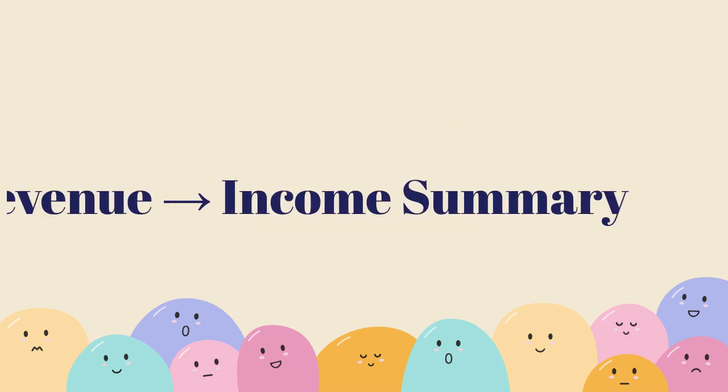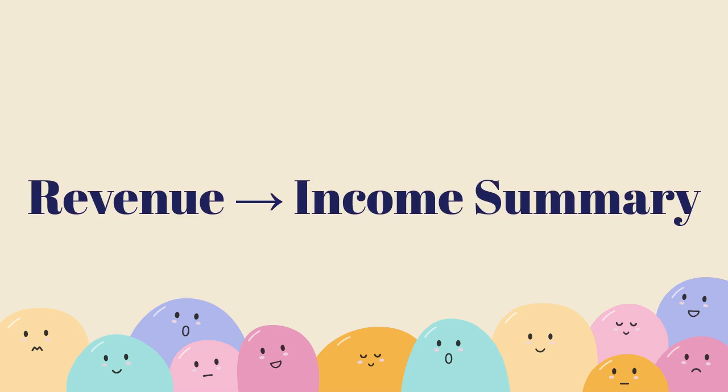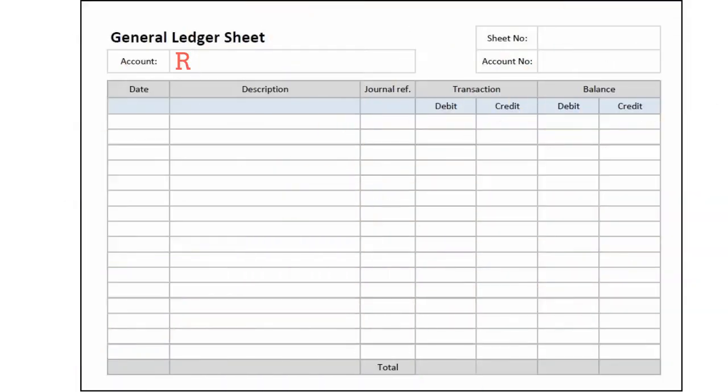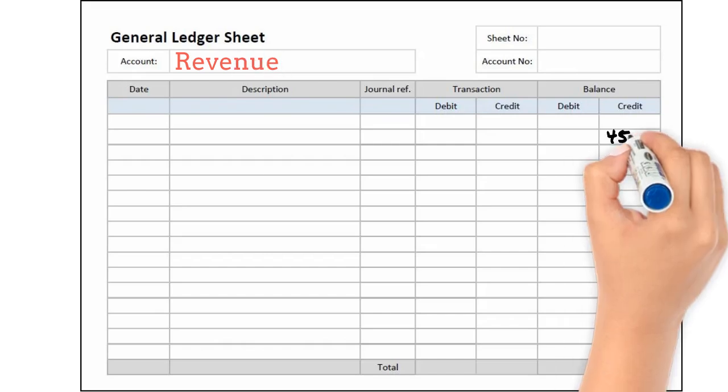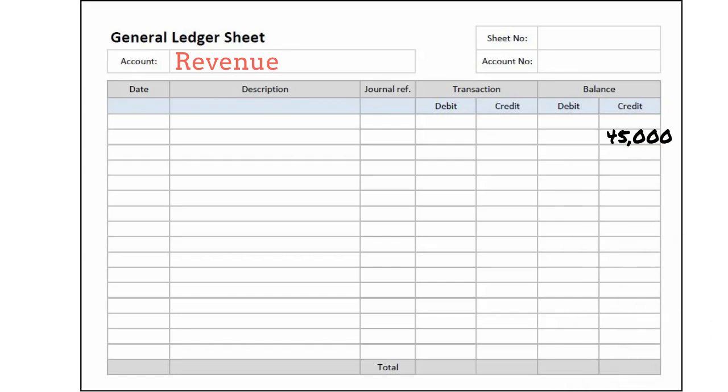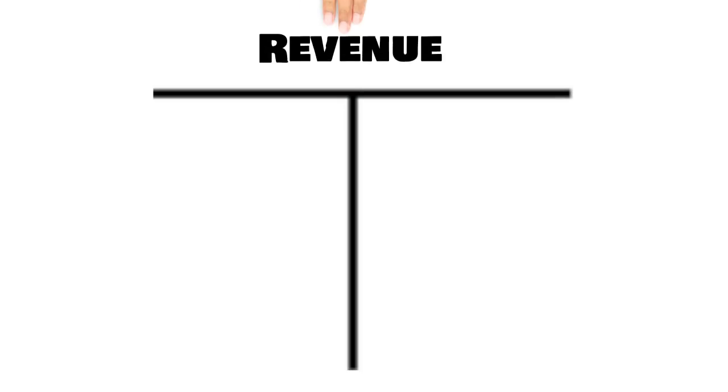Step 1 is to close revenues to income summary. This is the general ledger, and every account used during the year will have its own ledger. We start with the revenue ledger, which shows our earnings for the year. Remember that a T account comes from the ledger because it looks like a T. Rather than use the ledgers, we're going to switch over to the T account format because it's easier to visualize